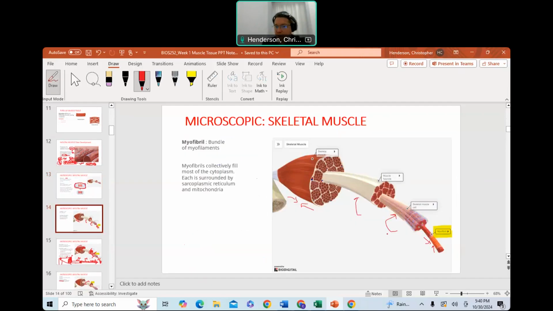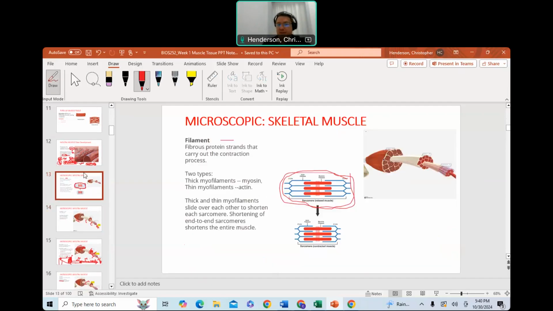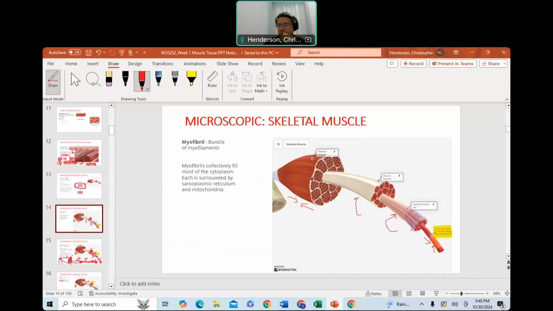So then we go to the myofibril. These filaments, the sliding filaments, they slide past each other. Then they're going to shorten. All the sarcomeres shorten. What shortens? The myofibril then shortens. What's it going to do? It's going to shorten the cell. What's the covering over the cell? That is the endomysium. So it'll start pulling on that connective tissue, that endomysium. Then all those cells are going to shorten. And then what's that going to do? That's going to cause the fascicle to shorten,